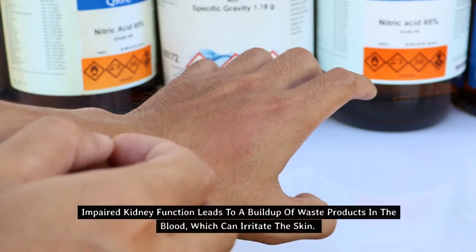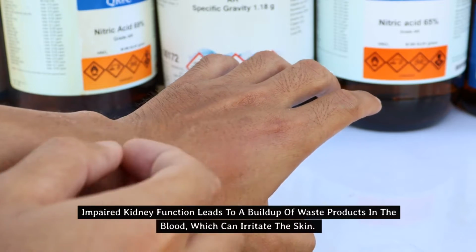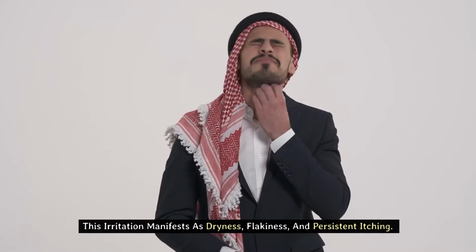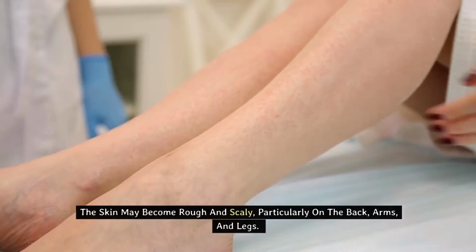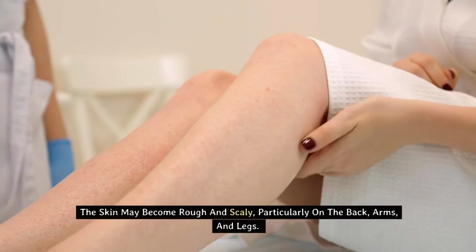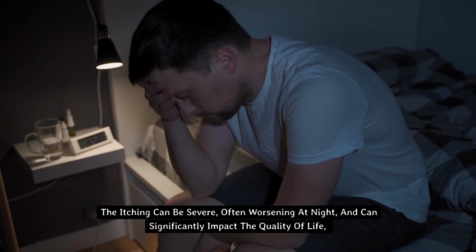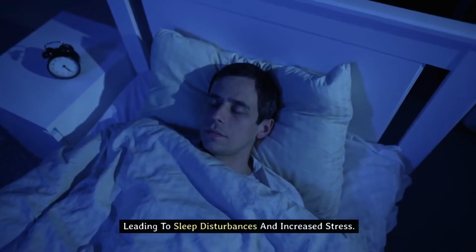Impaired kidney function leads to a buildup of waste products in the blood, which can irritate the skin. This irritation manifests as dryness, flakiness, and persistent itching. The skin may become rough and scaly, particularly on the back, arms, and legs. The itching can be severe, often worsening at night, and can significantly impact the quality of life, leading to sleep